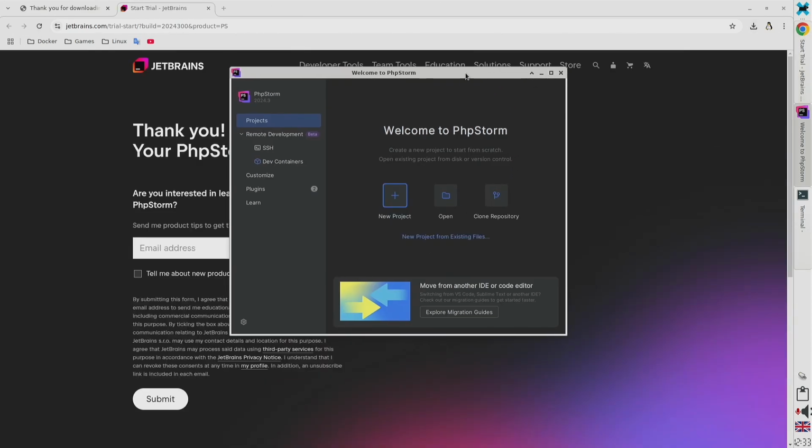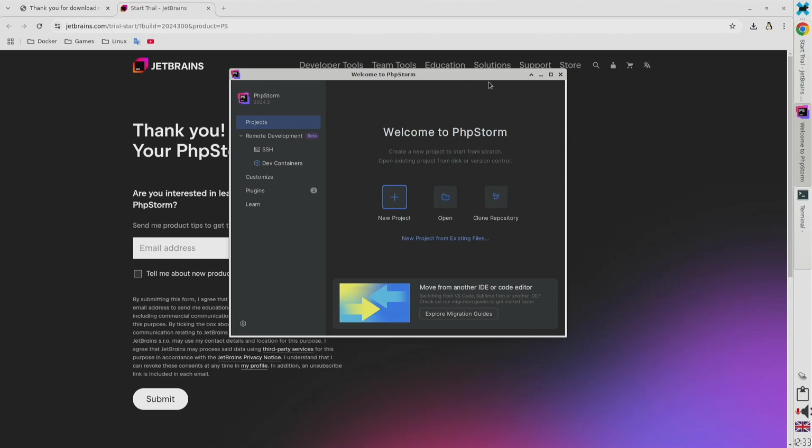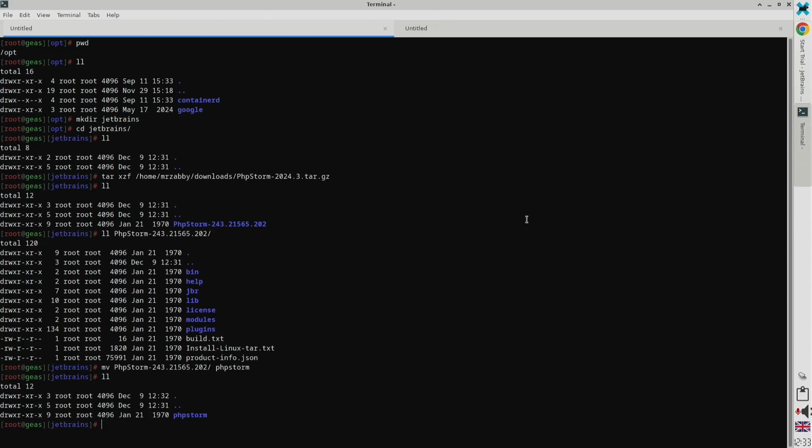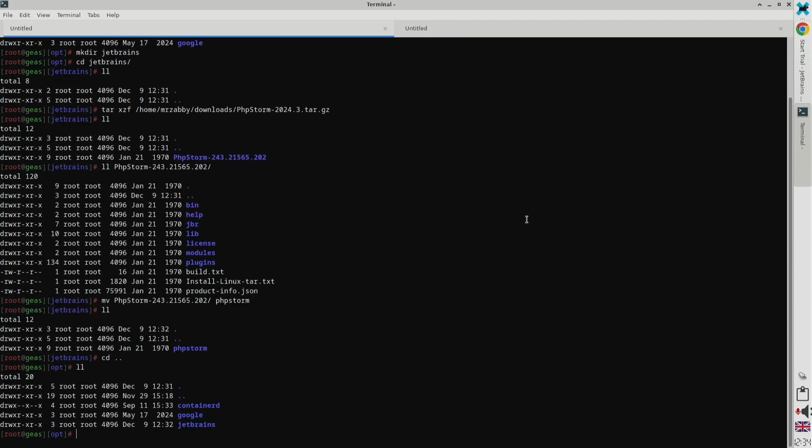Okay, so as you can see, it's up and running. Let's close it. There is one small thing we need to do for the future when there will be some updates. I don't want to change the permission later, so let's do it straight away. So let's move out from the folder, and as you can see, I have root privileges and I don't want that. I want a simple user, so let's change ownership recursively